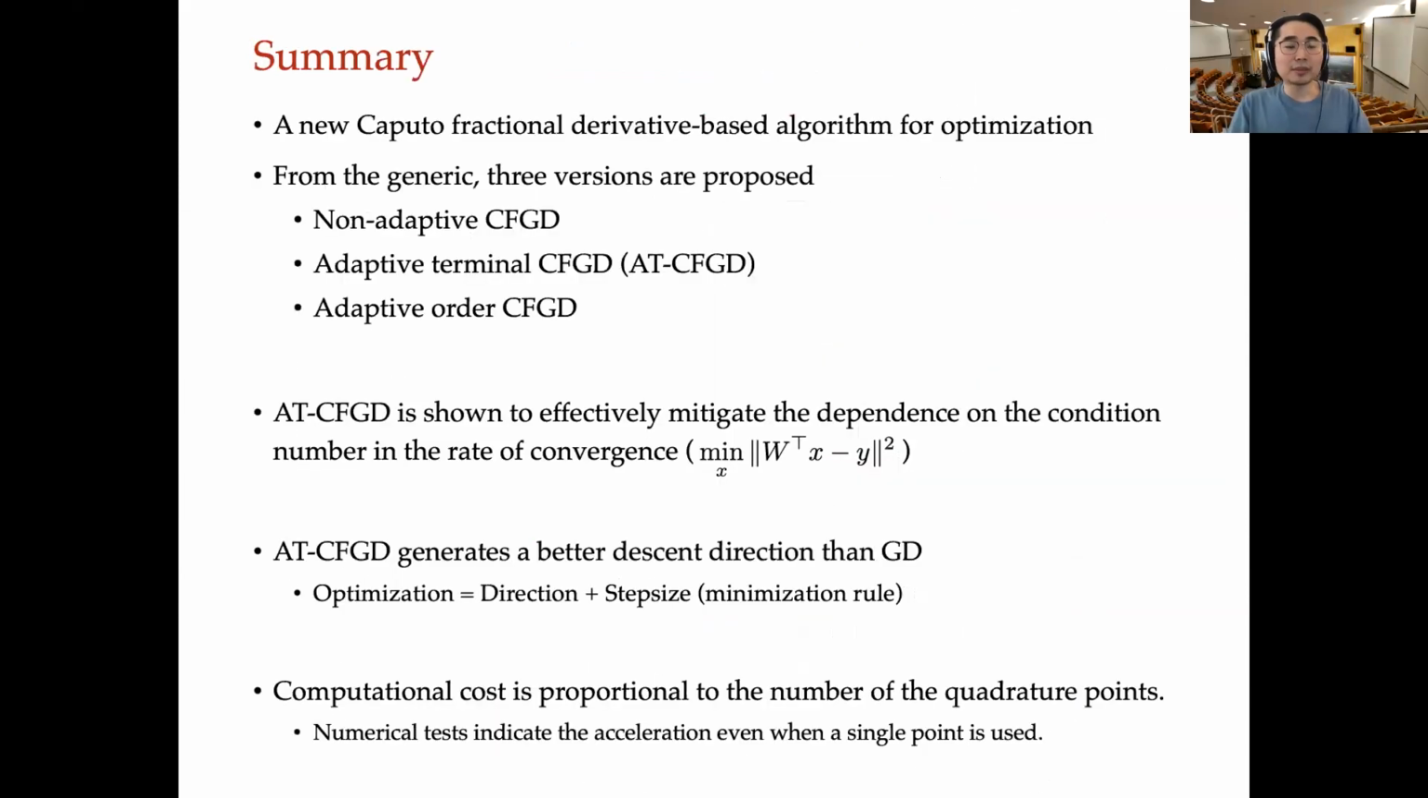So this is a summary, my last slide. We propose a new Caputo fractional derivative-based algorithm for optimization. From the generic formulation, we propose three versions. I would say that is more motivated by, all right, then what if all those are constant? That is the non-adaptive case. And with the goal of finding the right stationary point of the original problem, we propose the adaptive terminal and